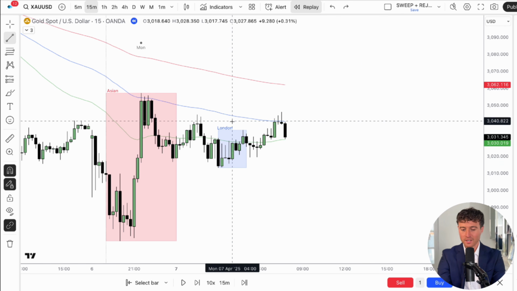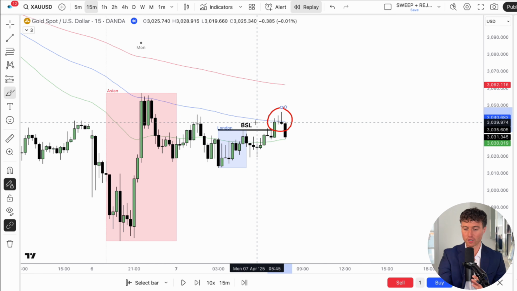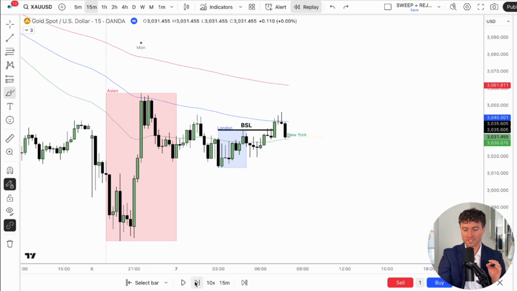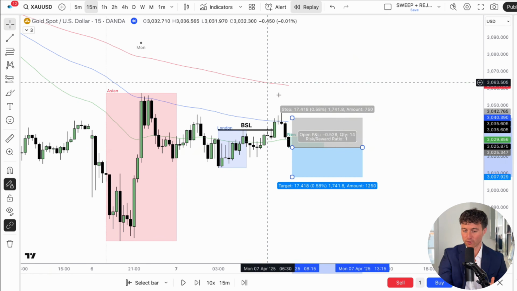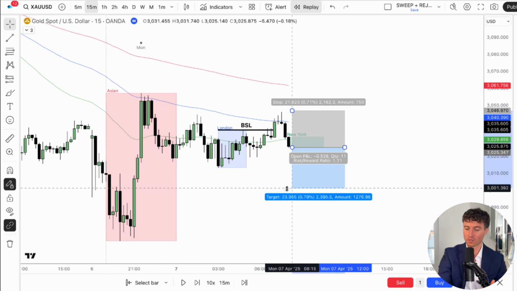Because we're sell bias, we need to see a manipulation. This right here is your manipulation where we run the buy side liquidity above the London session high. And this occurred during the pre-New York session. So we're simply waiting for the New York kill zone. And so we get a 15-minute bearish confirmation right here. We can enter on the break of this 15-minute candle low, invalidation above the liquidity sweep, and again targeting a